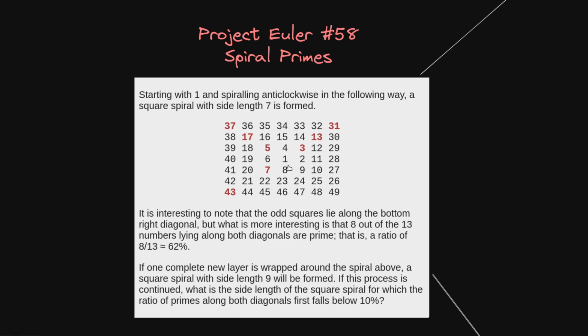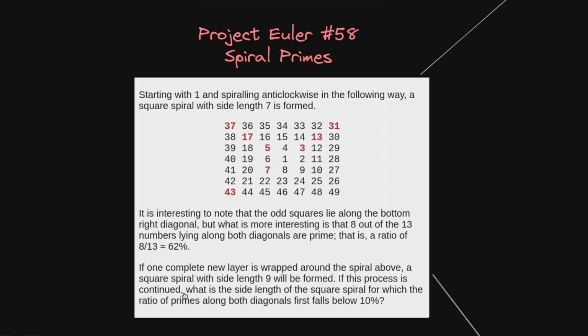So we need to essentially count the number of primes along both of the diagonals and check how many of them are prime. And they are saying that for this side length equal to 7, the ratio of primes along the diagonals is 8 by 13, and if one complete new layer is wrapped around the spiral above, a spiral with side length 9 will be formed. So as you can see, performing one spiral operation is increasing the number of rows and columns by 2, and it is always odd. So this is one of the observations,